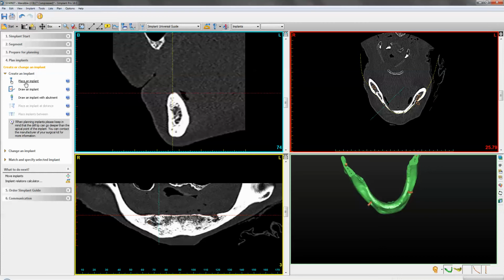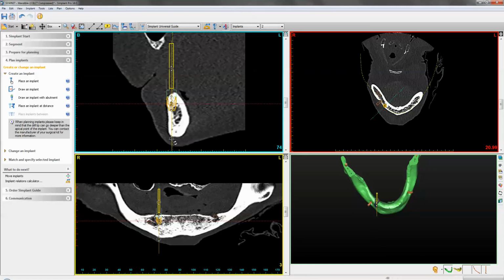I'll show you the absolute basic one of how to place an implant, and that is a general straight implant based on your default setting of which default implant system you've selected. However, if you've used a new implant for the first time and do not have a default selected, you will have a generic implant in place that does not represent any implant system out there in the market. So if this is the case, first place your first implant